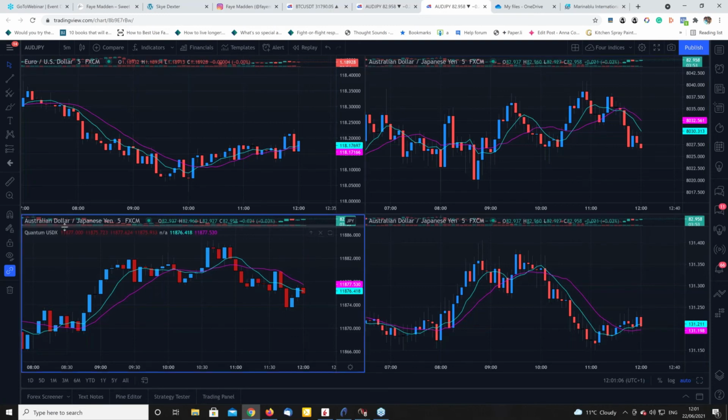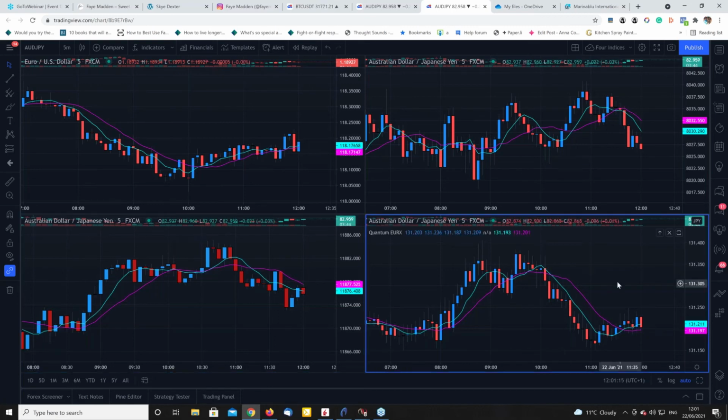This is the dollar. Was weakening. It's not exactly falling fast. It's dribbling lower, and the euro at the moment is sideways. So that's where we are in terms of indices.